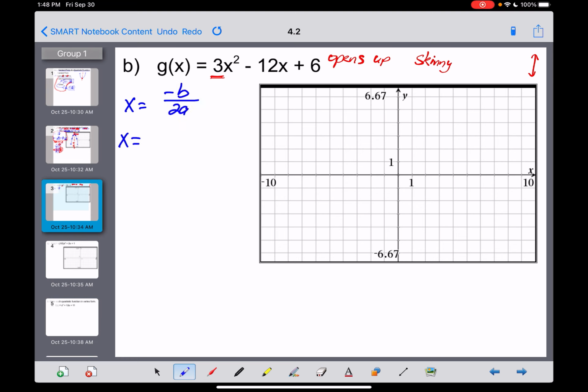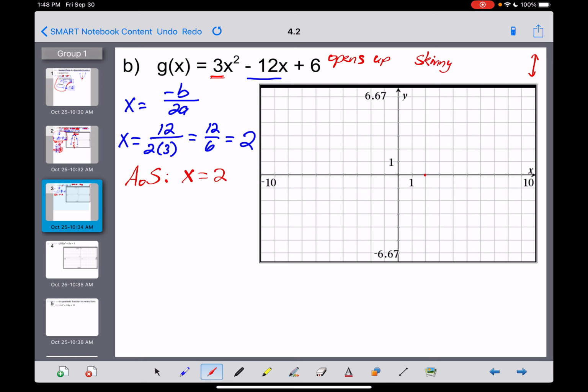So let's see what we can do here. Our b value is negative 12, so the opposite of b is positive 12. And down in the denominator, we've got 2 times an a value of 3. So that's going to be 12 over 6, which divides out nicely to equal 2. Okay, so we know already, guys, that the equation of our axis of symmetry now is the line x equals